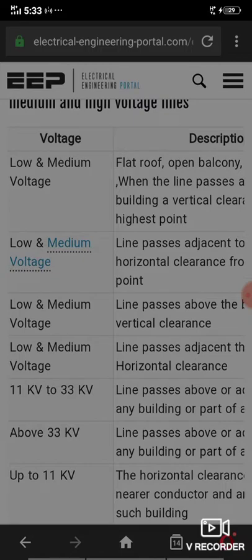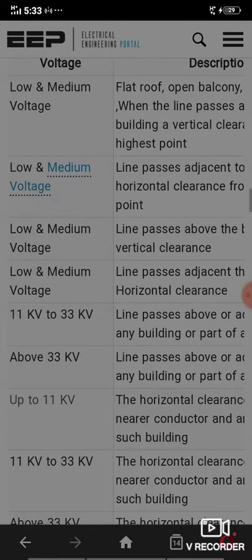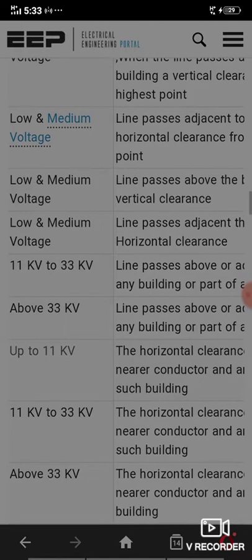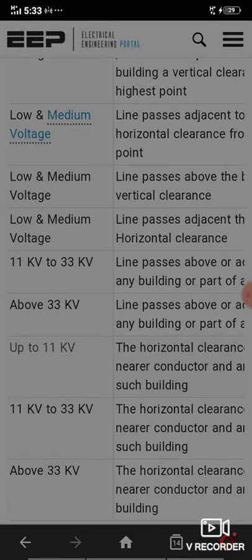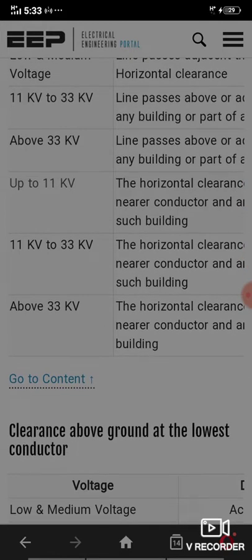voltage low and medium voltage, flat roof, open balcony when the line pass a building or a vertical clean highest point, low medium voltage line pass adjacent horizontal clearance flow point, low and medium line pass above the vertical clearance, line passes adjacent the horizontal clearance, line passes above any building or a part of them up to 11 kV, line pass above building horizontal clearance near end conductor and the such building, 11 kVA to 33 kVA the horizontal clearance near conductor and the such building, above 33 kVA the horizontal clearance near conductor and the building,